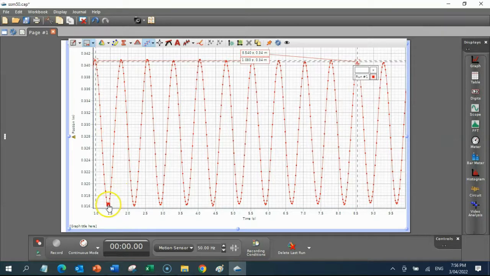So this distance here is 0.31, say 65, and the one at the top is 0.34,